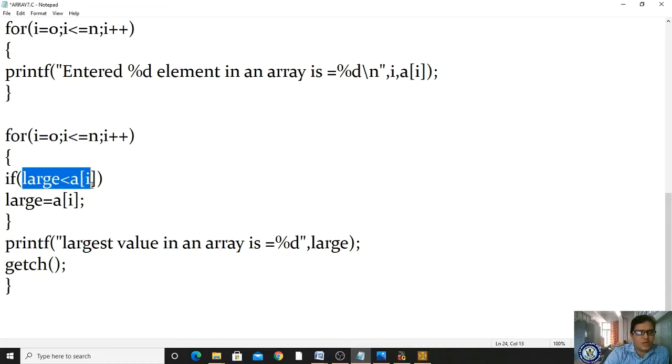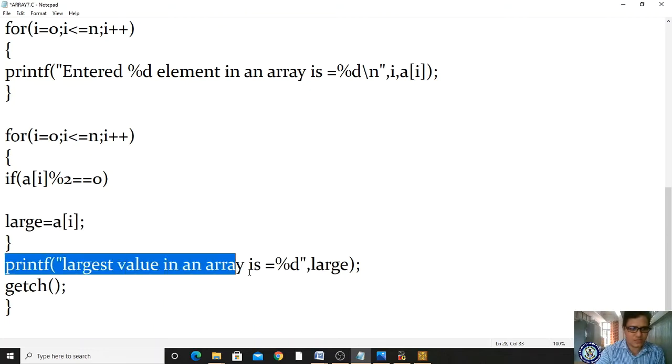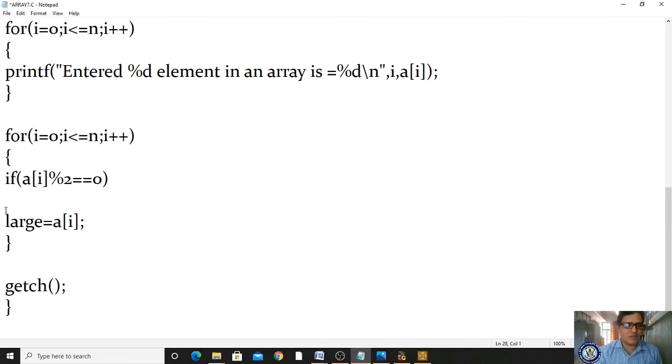Now I'm processing. To calculate whether the value is even or not, I have to write this logic: if a[i] % 2 == 0. If the value in this location is divisible by 2, then this value is even, otherwise odd.